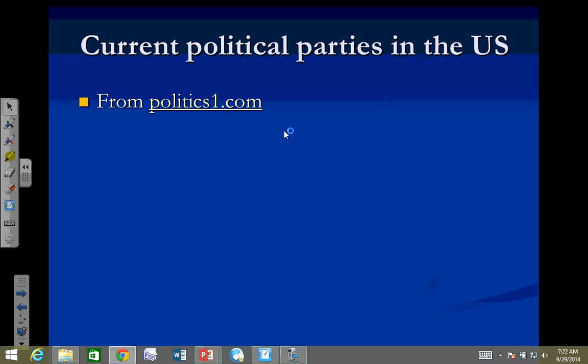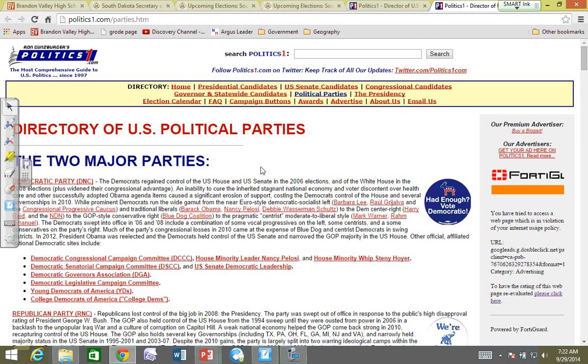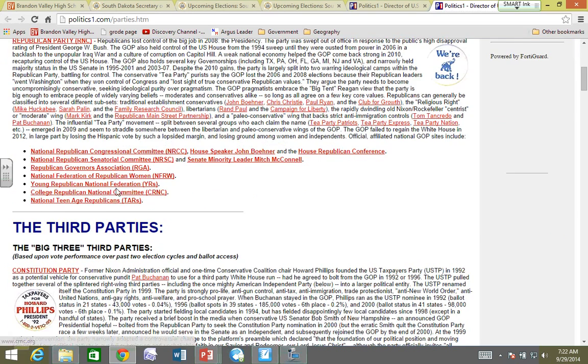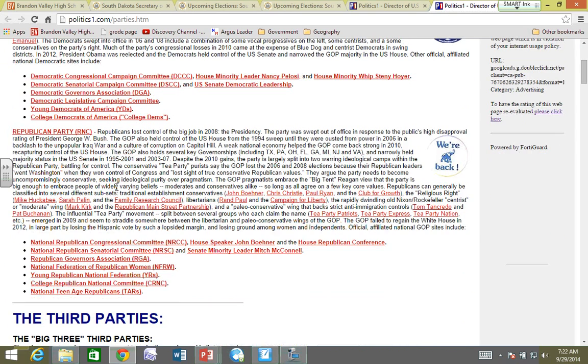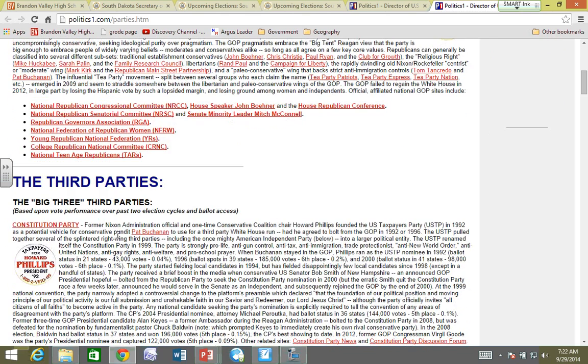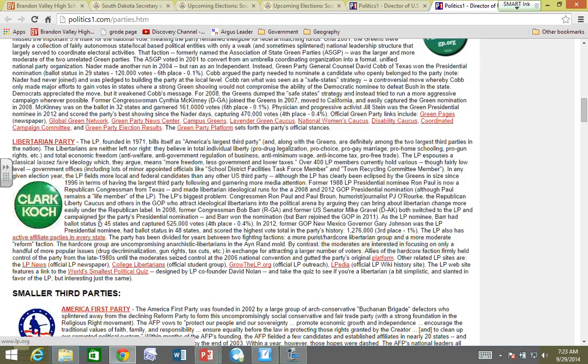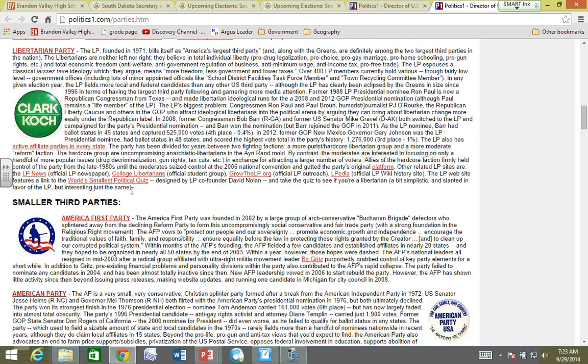Here are a list of all the current political parties in the United States. We have the Democratic Party, and then the Republican Party. And the rest of the parties we refer to as third parties or minor parties. And then we have some like the Constitution Party, the Green Party, the Libertarian Party, and then we have